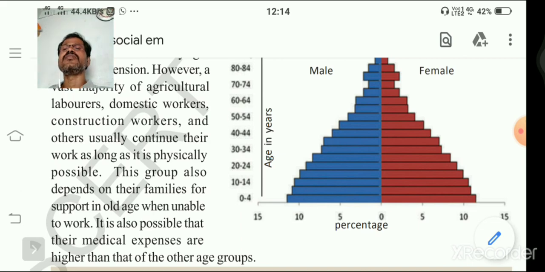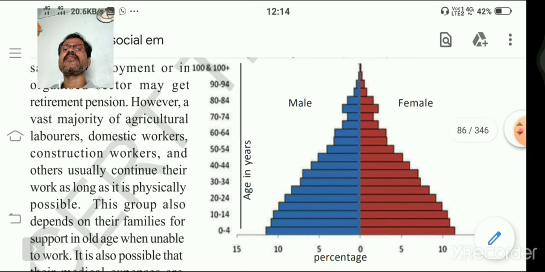Understand? Right? If you look at this graph, what do you see in this graph? It shows male and female in different age groups. On x